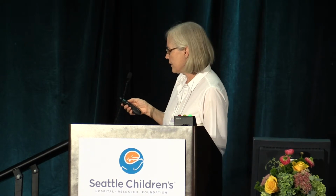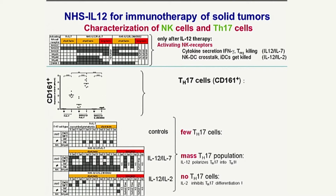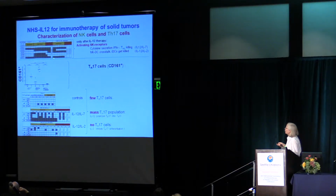So the molecular analysis underlined the distinctiveness of the IL-12 cohorts. We found activating receptors in the IL-12/7 cohort: NKp44, indicating high interferon gamma secretors, and NKp46, showing that these NK cells are endowed for the killing of regulatory T cells, via a ligand on the regulatory T cells and NKG2D on the NK cell, and also NKG2E. In the long-term cohort, the survivor had the same expression pattern like the IL-12/IL-2 cohort, which